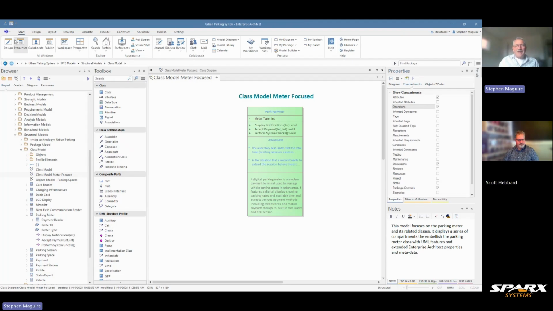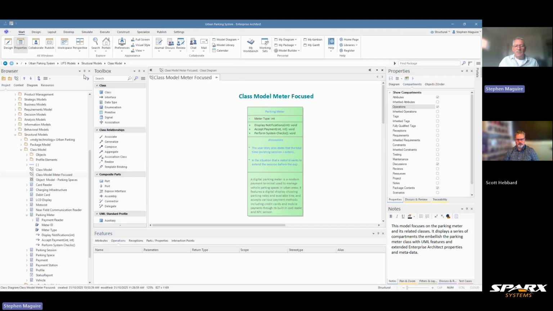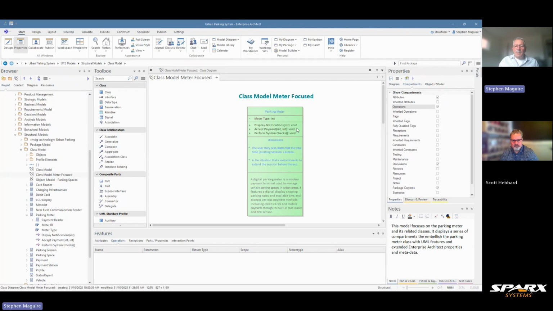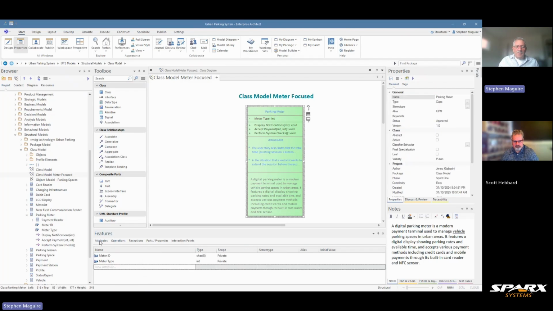Now, let's open our features window, which we had before, just to make people aware of that. We go to the start ribbon, the all windows panel, the properties item, and we choose features there. So this is a very convenient way of getting access to any window in Enterprise Architect. You notice now that the features window opens and we can see that we have got these things. Now, just to recap, we have got operations and attributes in there,